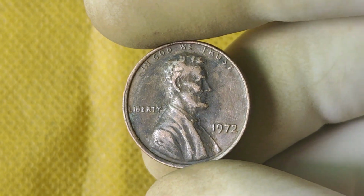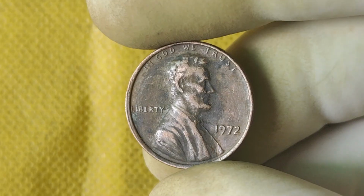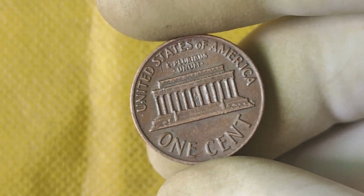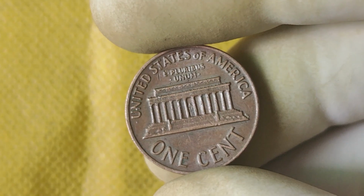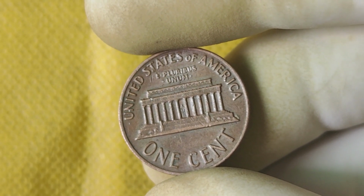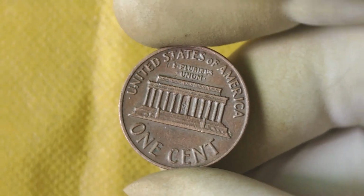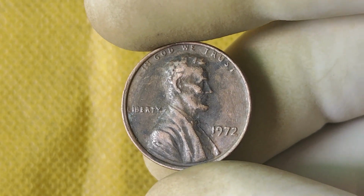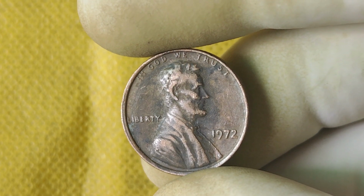Why does a missing mint mark make this penny so special? Well, coin collectors, or numismatists, are constantly on the lookout for any variation or imperfection in minting, and a lack of a mint mark in a year where it's supposed to be there is something rare and highly sought after. It indicates a minting error, or rather, an oversight in the process, which gives it a distinct place in coin